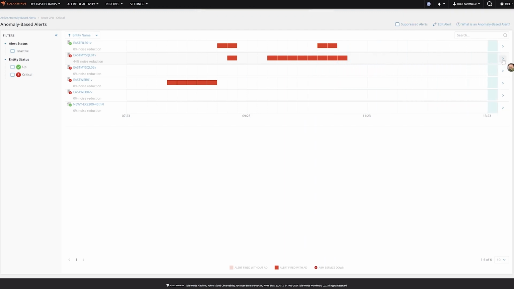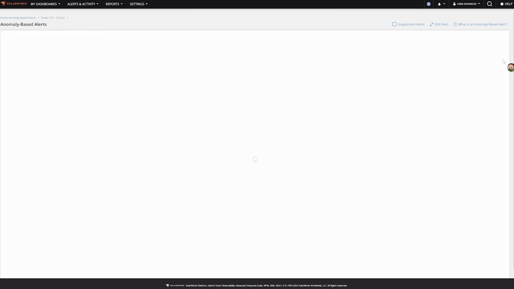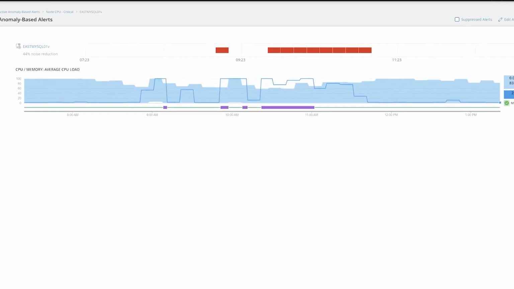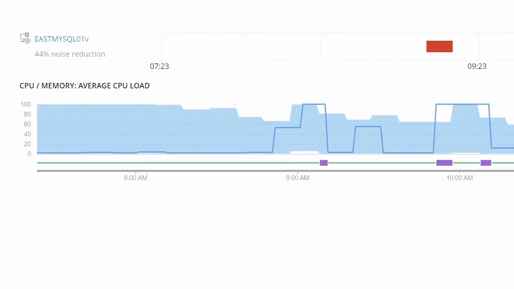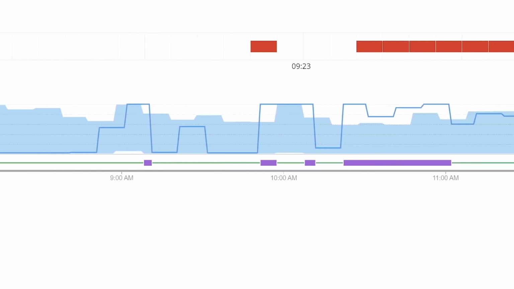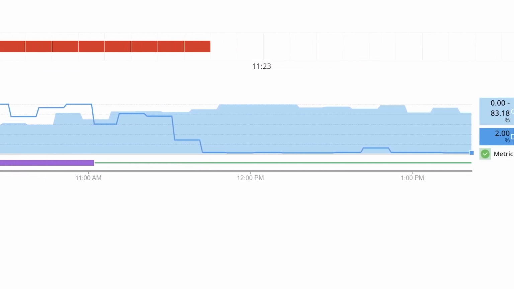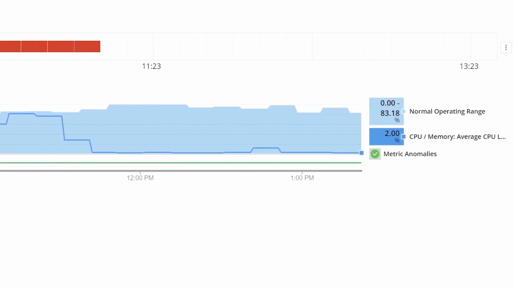And if I want to see more information about this, it's new in the past couple of releases. This is going to give us our normal operating range. So this is the really cool chart of where, hey, this is where it's normal. And then the chart of the actual metric, so it's an area chart. And then the chart of the actual metric of, this is when it's abnormal, right?